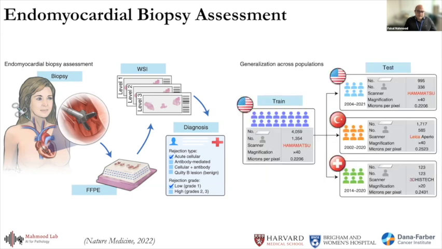So our study design was relatively simple. We used about 1,300 biopsies from over 4,000 whole slide images, from the Brigham and Women's Hospital. These were scanned at 40x magnification using a Hamamatsu scanner. The model was built and trained on this data set, and then adapted to and tested on an internal cohort of over 300 biopsies, as well as 2 external